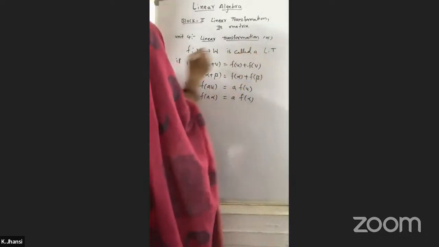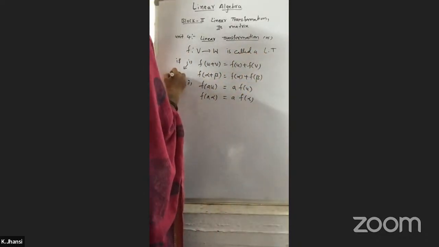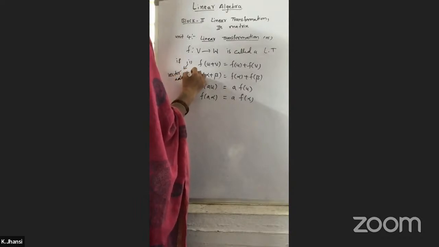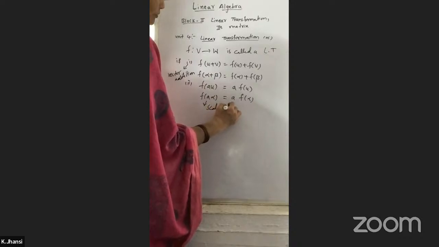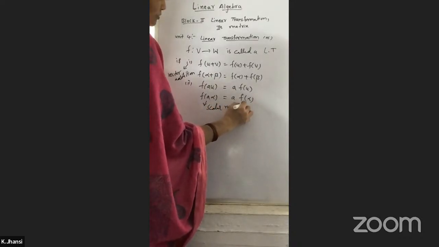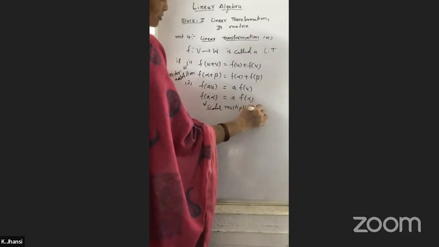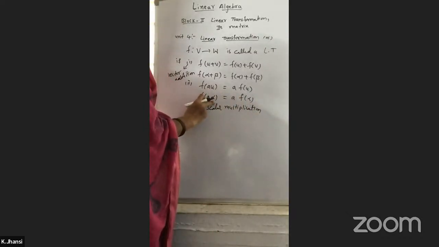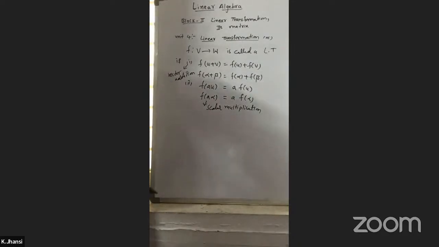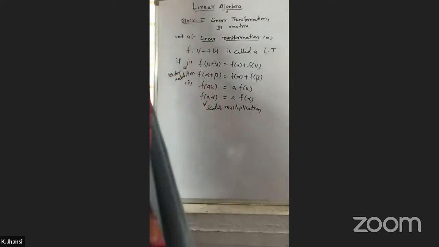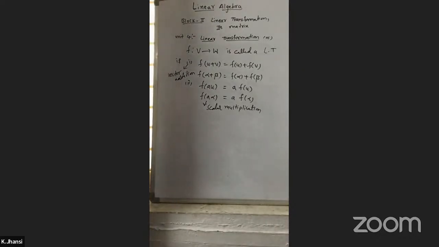Okay, this is vector addition. Okay, and this is scalar multiplication. This is scalar and this is vector. Okay, I have shown in the vector space definition. So what is vector addition and what is scalar multiplication? Okay,